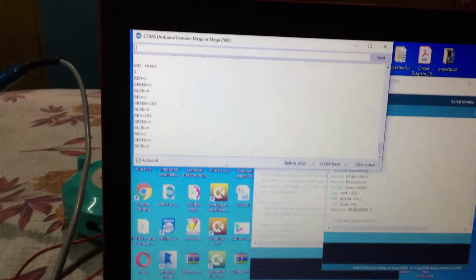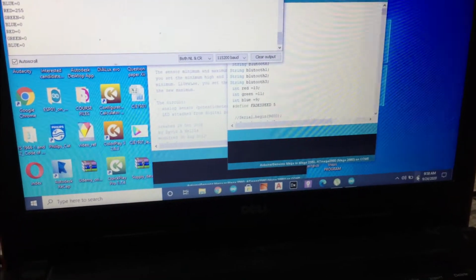Now if I want to go for the Wi-Fi connectivity, what is to be done? First of all, a common Wi-Fi connection is needed, connected with the Wi-Fi module and with my mobile. So I am sharing my laptop's hotspot, and my mobile now has to be connected here as well.